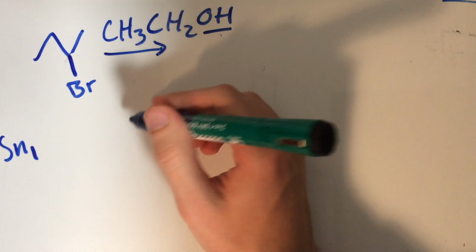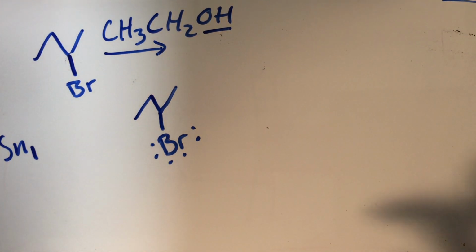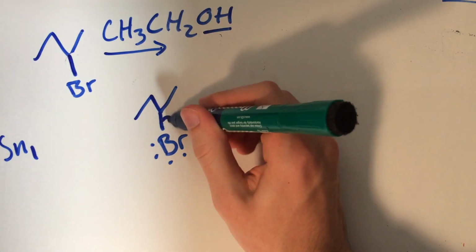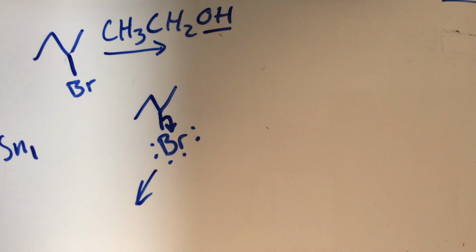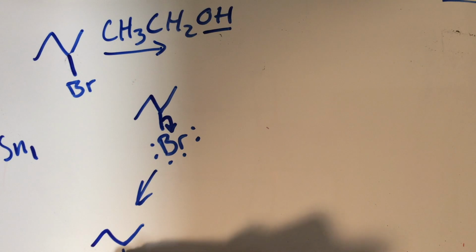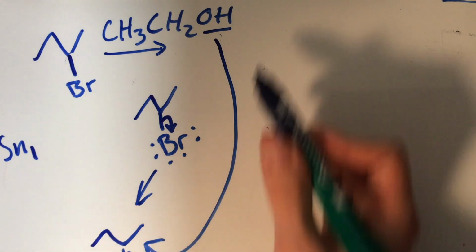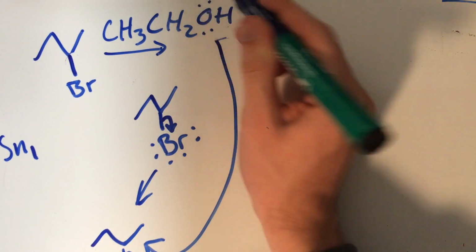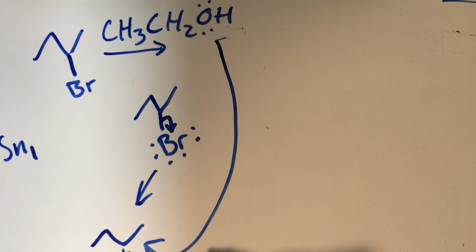What we'll see happen will be the bromine here be a very good leaving group because the bromine is electronegative. The electrons are going to get taken from the bond here, as the bromine is going to leave the butyl group here. That's going to leave us with a carbocation here. And now we have a carbocation that really wants to react, and also a nucleophile up here. The nucleophile is going to come in here. It's going to be the 2 electrons here that are going to be attached here, and results in something that looks like